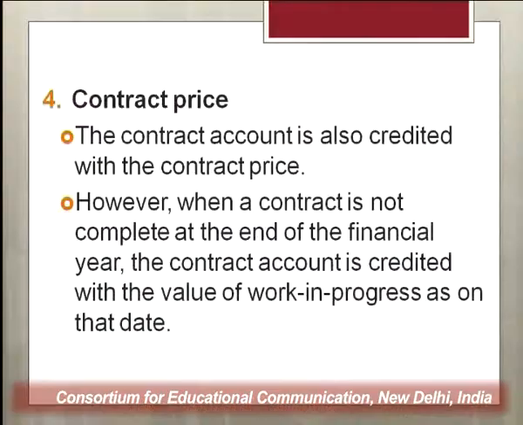At the time of giving the contract itself, a price is being fixed. That is, the work will be undertaken at this very price, and that price is called the contract price. This contract price is credited to the contract account. Suppose I have undertaken to complete a work, say construction of X kilometers of road for 5 crore rupees. So 5 crore rupees is the contract price, and this contract price will be credited to the contract account, right? Whatever the contract price, that is credited to the contract account.